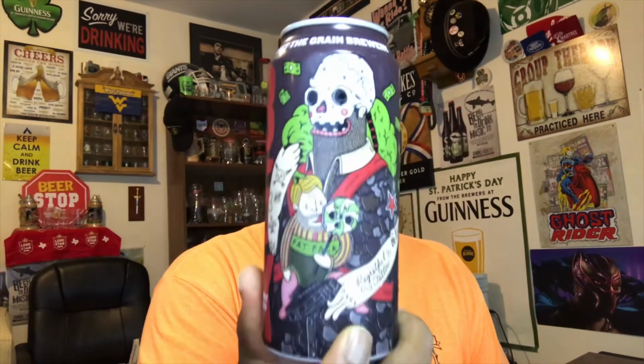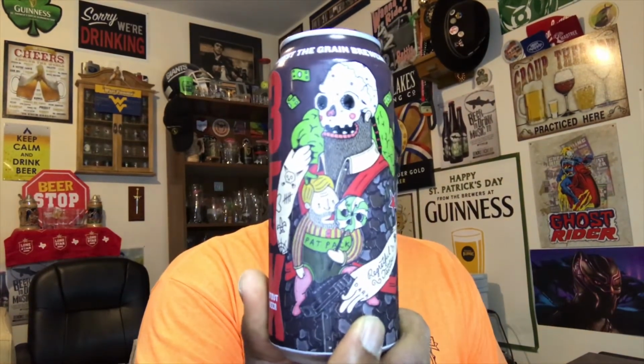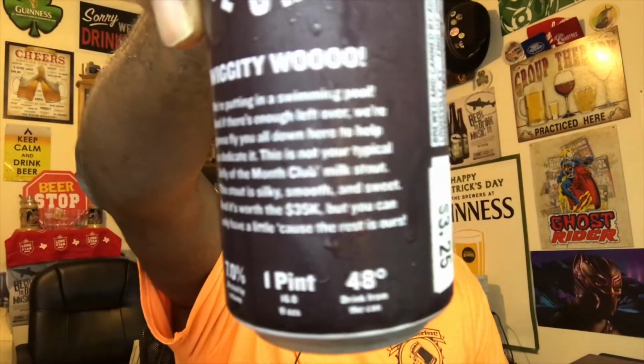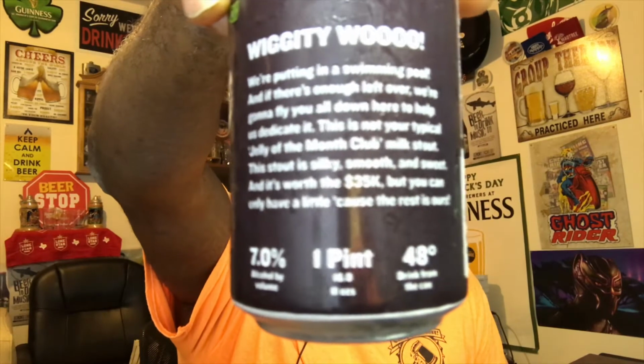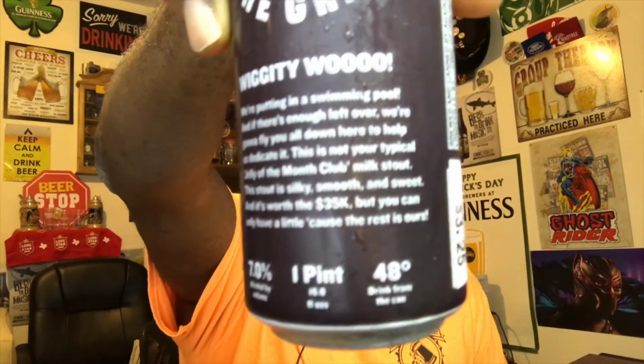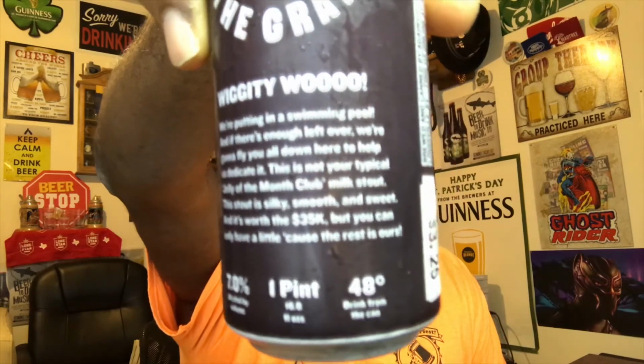Today I'm taking a look at one from Against the Grain out of Louisville, Kentucky. This is their 35K. It is a stout. On the back side there you can see it comes in at 7% ABV. It's a 1 pint can. They actually put on there as well for you to drink at 48 degrees, and they actually recommend drinking straight